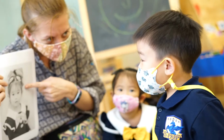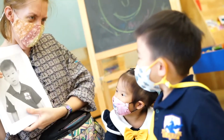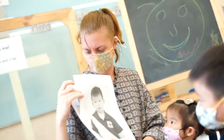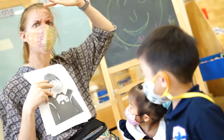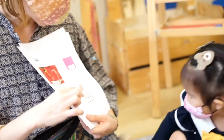So we were moving on from our physical appearance to our mental and emotional characteristics, the things that make us who we are, not just by how we look on the outside. And what I wanted to have our students continue doing was going from what do I like to extending to what we like. So this unit was transdisciplinary because all the students were learning how to communicate and speak about